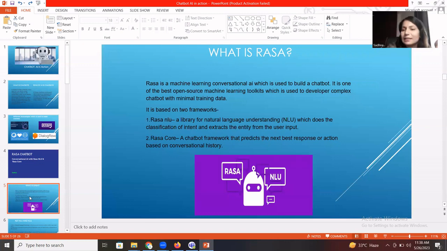Rasa is a machine learning conversational AI which helps us build a chatbot. You may wonder whether there is a prerequisite skill set for creating a chatbot, specifically with Rasa.